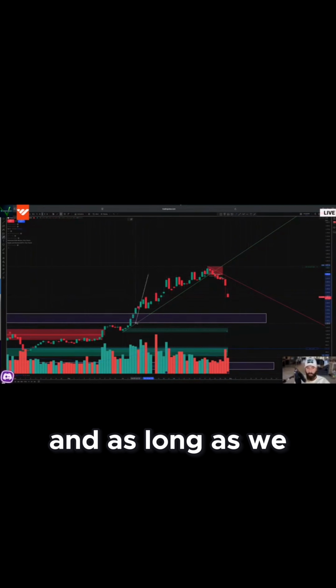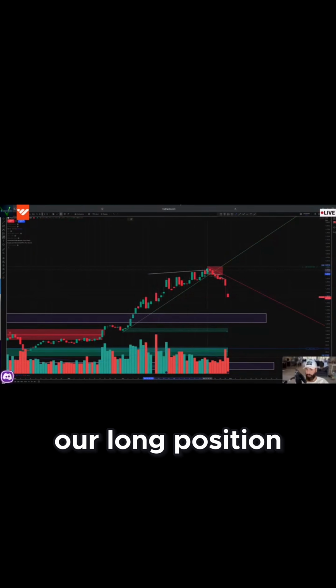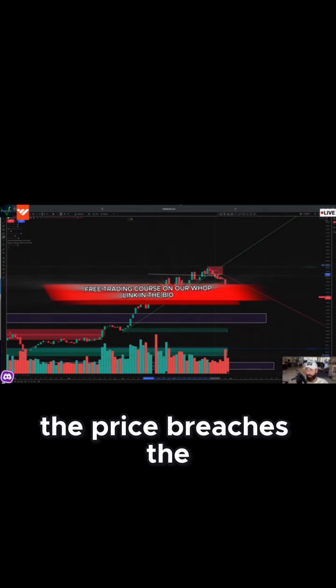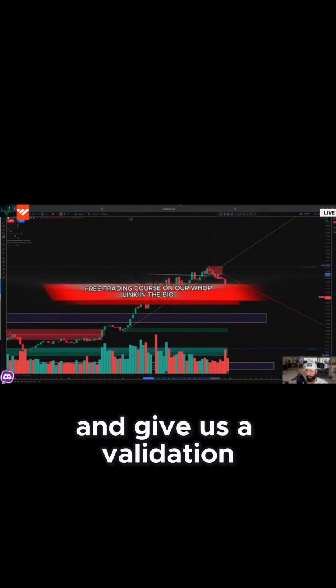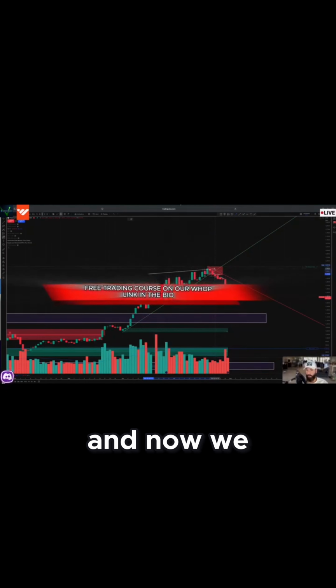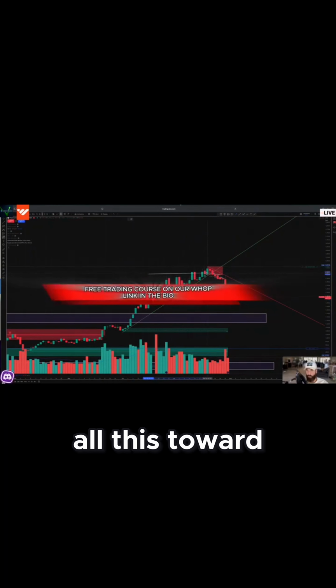And we extend the line vertically. As long as we're not crossing this line, we can continue our long position. The minute and the second that the price breaches the line and gives us validation, we understand that now the trend is broken, and now we're getting into a short position. So there is a way to maximize all this towards again